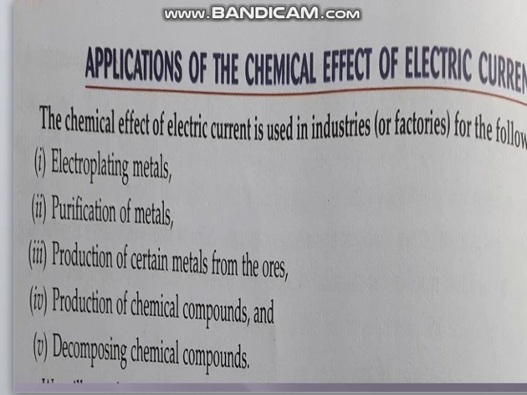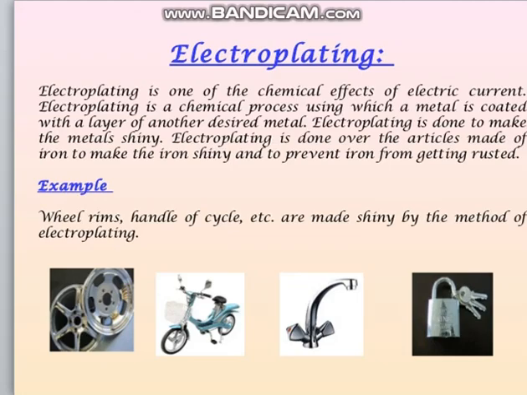The main one which we have to discuss in our class is electroplating. Okay, electroplating. Now what exactly is electroplating? It is the process of depositing a layer of any metal on another material by means of electric current. We have to make a layer of one metal over another. That is known as electroplating. Simply we are making the layer, and because we are using the electric current, because we are using the electrolysis process, that's why the name is given electroplating.